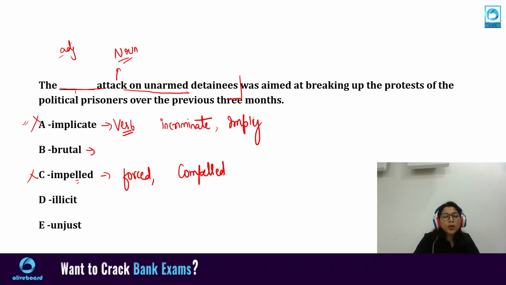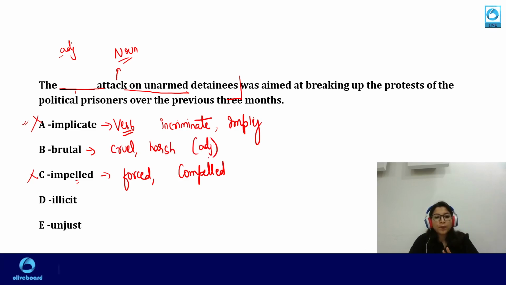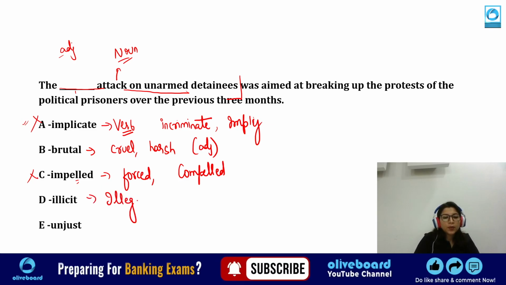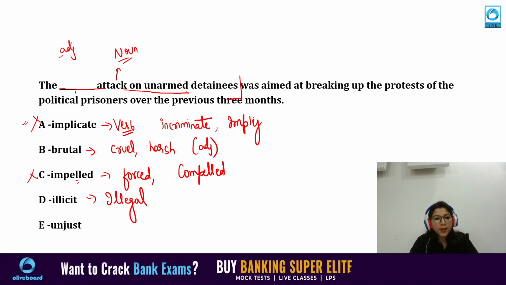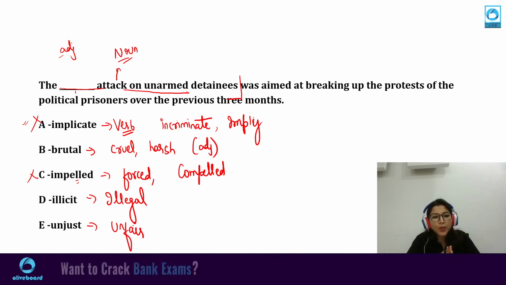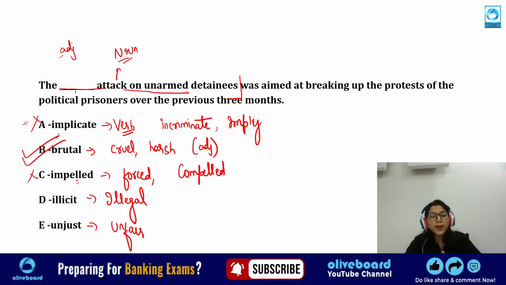Brutal means cruel, harsh. Okay, and brutal is what? It is an adjective. Illicit means illegal. The attack cannot be illegal. Illicit is also an adjective, but attack cannot be illegal. Okay, unjust means unfair. So out of all these 5 options, the most appropriate one is brutal, because brutal attack,